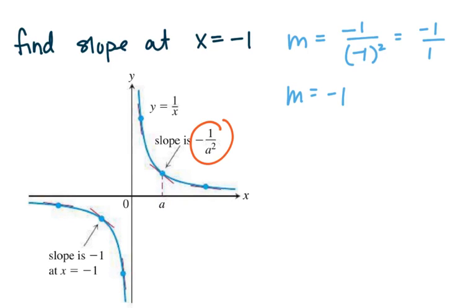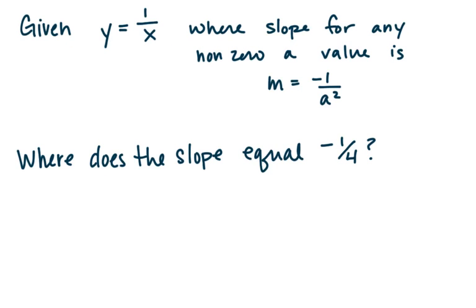And if we extend that to the second part of our example, which we just did, what is the slope at that point where x was equal to negative 1? The slope of that tangent line is negative 1, right? It's a negative slope: down 1, forward 1, down 1, forward 1. So to expand on this same problem, we're still given the same function, y equals 1 over x, and we now know the slope, negative 1 over a squared,